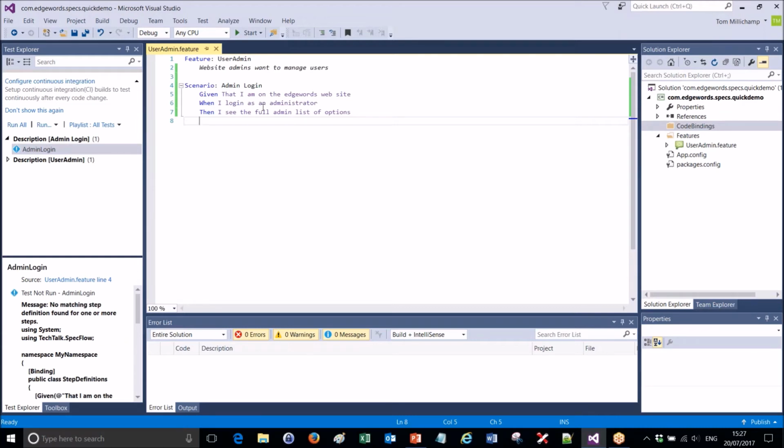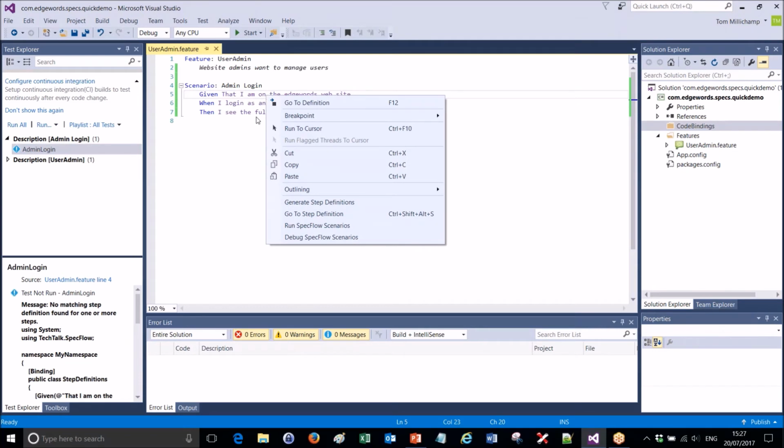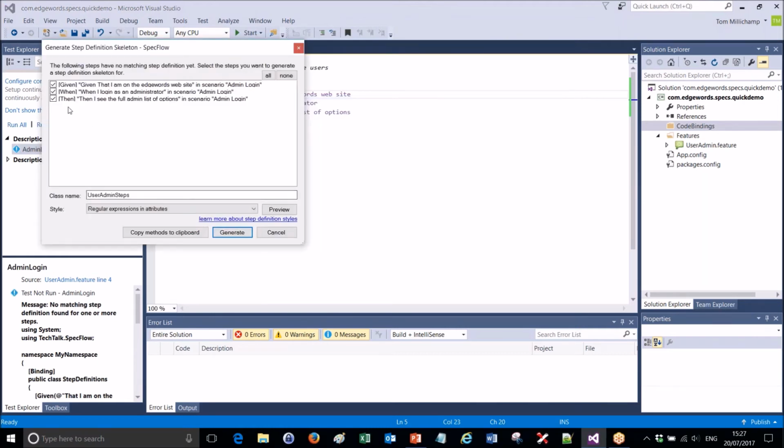Now, very nicely in SpecFlow, we can get it to create most of the code for us automatically. So if I right-click, we can say, let's generate the step definitions. So it's recognized that there are 3 scenario steps that it would need to create definitions for in code. And it asks us what we want to call the class that we're going to create, which is going to be our code file. And we can copy these to the clipboard, or we can generate the file in its entirety. So I'm going to hit generate,